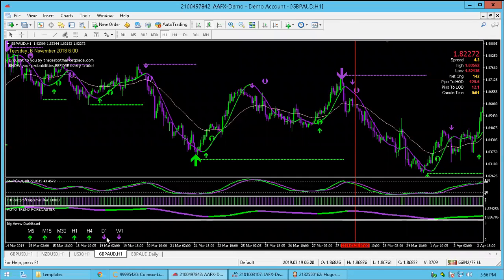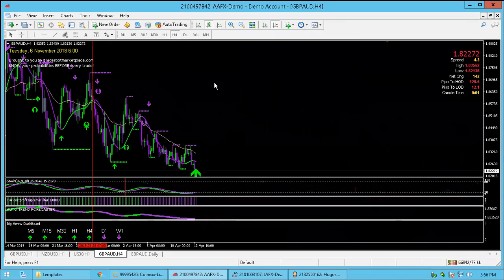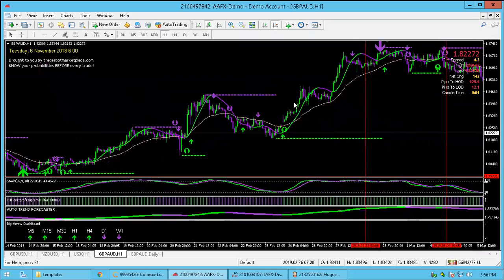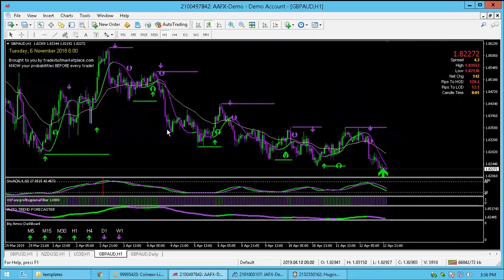I don't care what's happening on the day and the week because my 1 hour said to sell. And when I clicked over to my 4 hour, my 4 hour said it's still selling. So I would be happy with that trade to get in. Those are my indicators. And in terms of the candle action that I talk about,